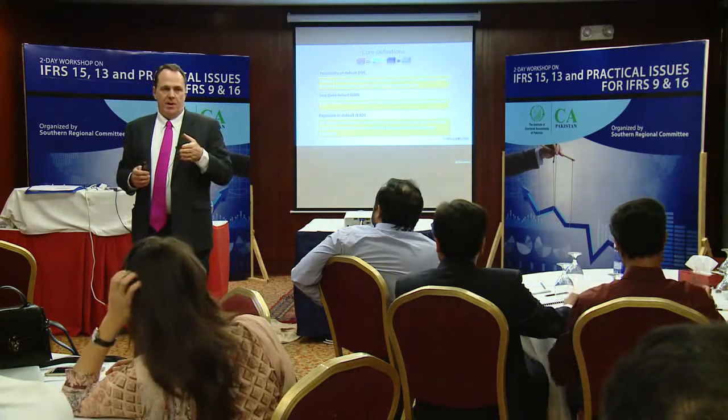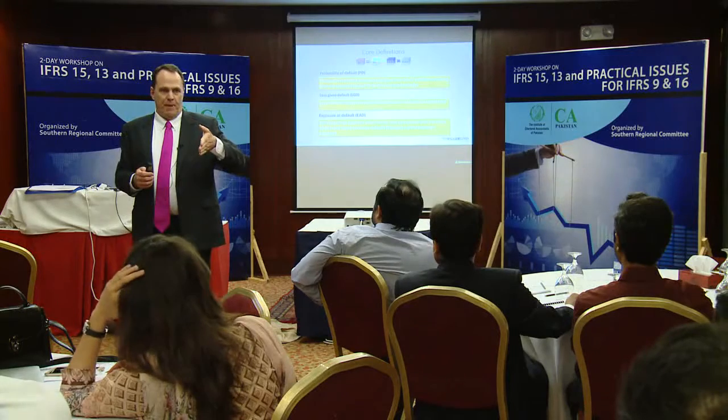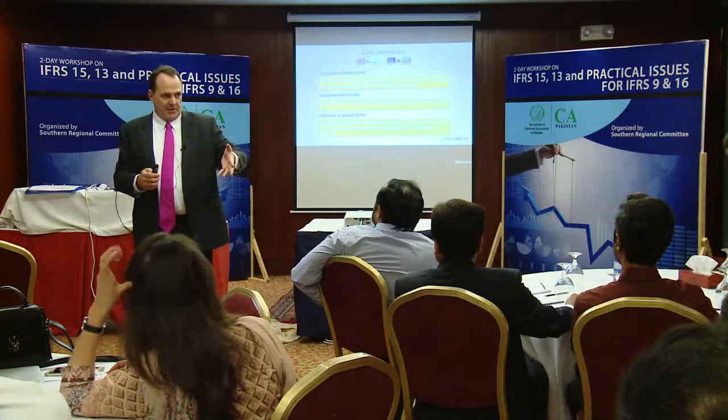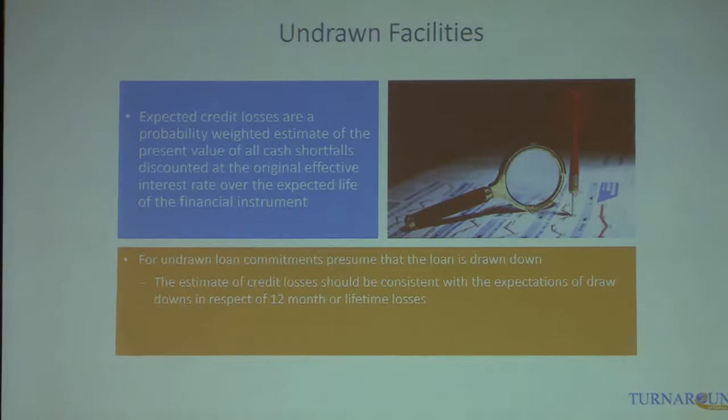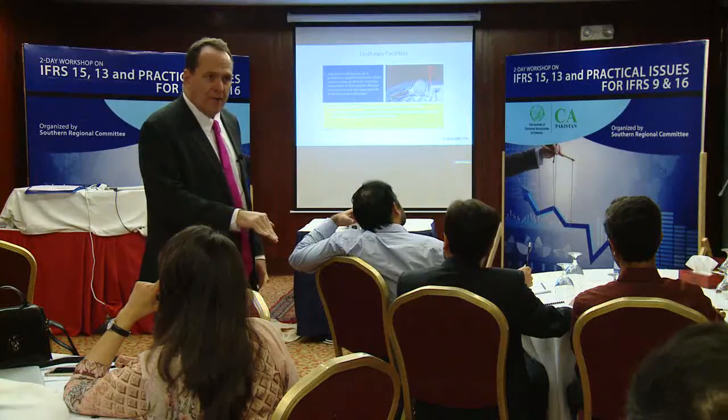For LCs or LGs. But here we have to do the exposure at point of default, where Basel is through the cycle, so it might be a different calculation, I would think. Okay. So, undrawn facilities, as you mentioned. It doesn't matter the balance today. If you owe 1,000 today, and it's an amortizing car loan, you work out the balance at point of default, which might be 500. So if it's a line of credit, it tends to go up. If it's an amortizing loan, it should go down, right?